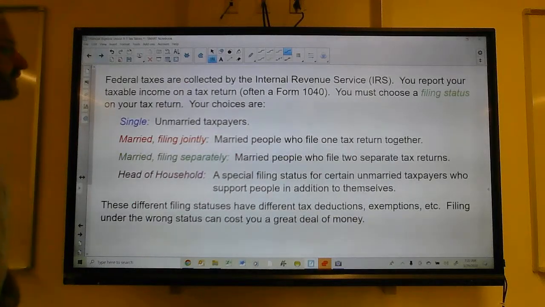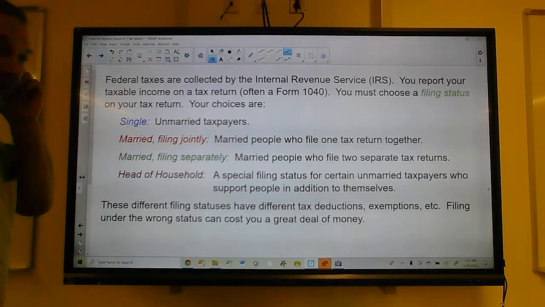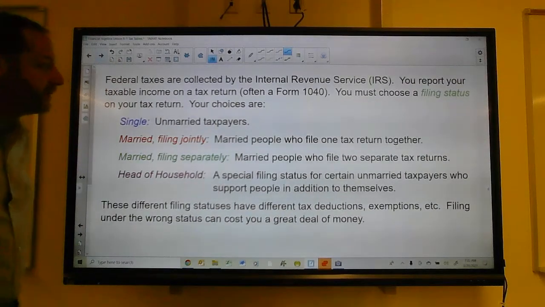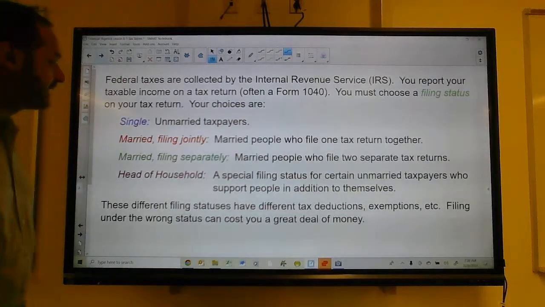Okay, federal taxes are collected by the IRS, the Internal Revenue Service. You report your taxable income on a tax return, which is called the Form 1040. They used to have some other different types of forms, but I think pretty much now they've streamlined it all into the 1040. You must choose a filing status on your tax return, so your choices are single, unmarried taxpayer,